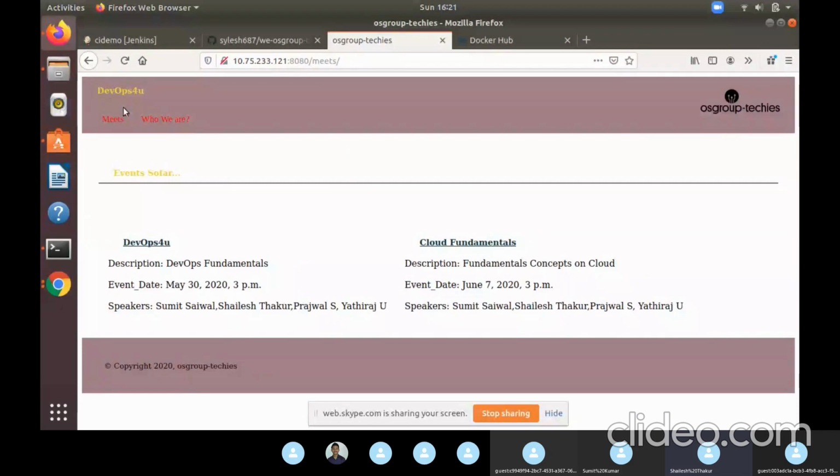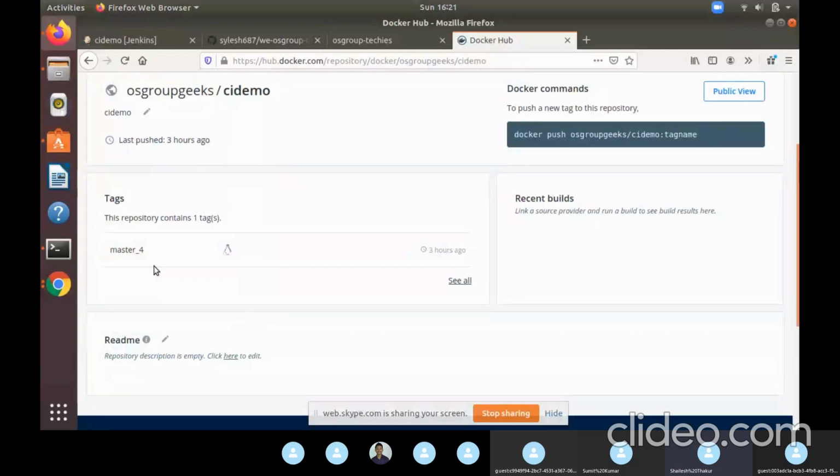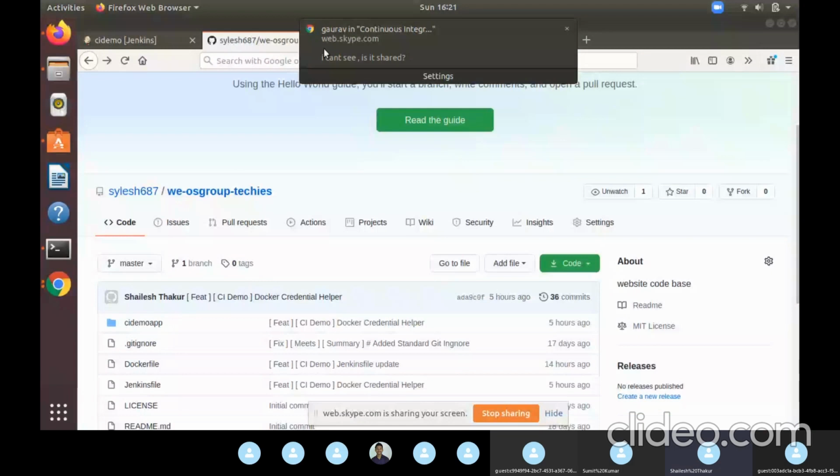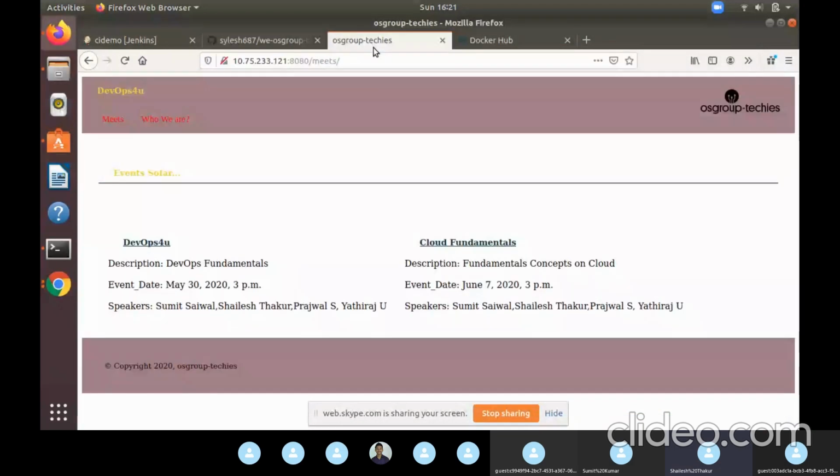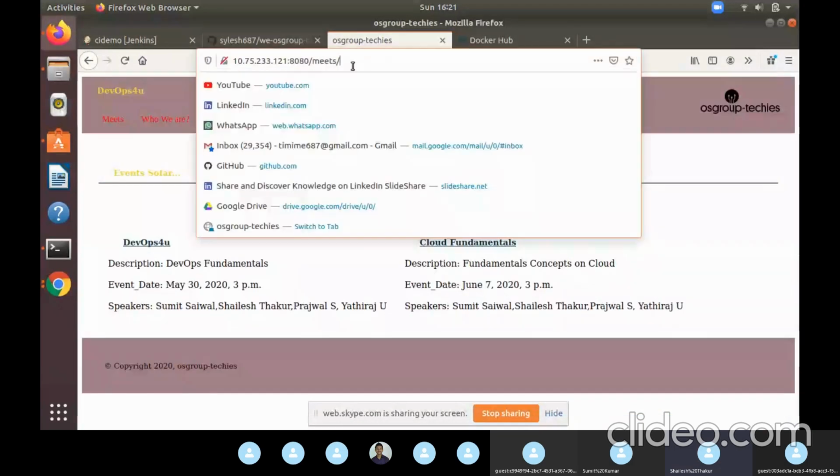It is a small event application, a Django application. I did it in Django because it is a little easier than doing it in Java. So here you have your events, and this image has this version of your application. Okay, and one more thing before diving into the CI server, Jenkins pipelines,